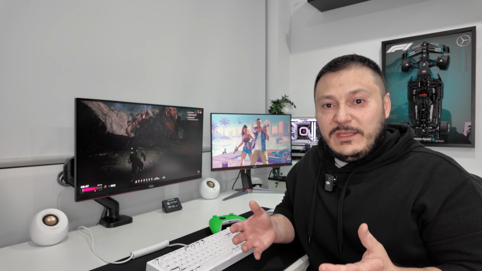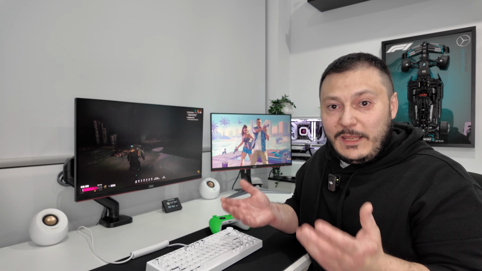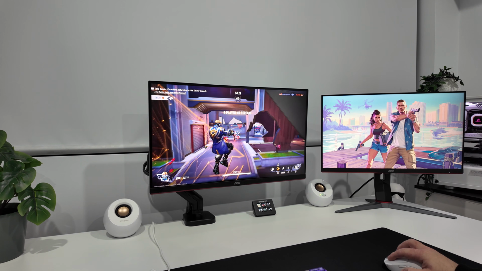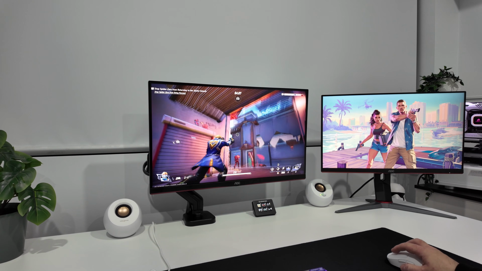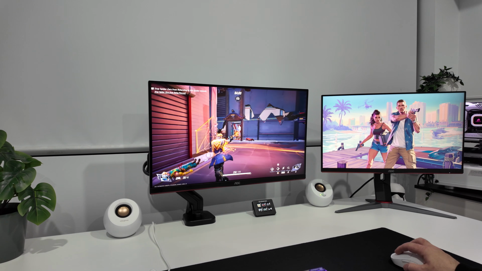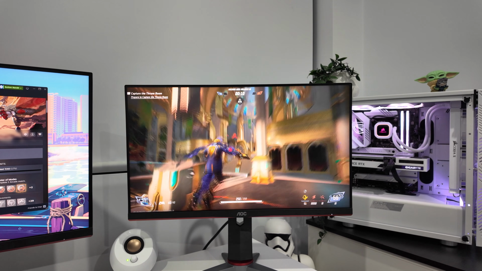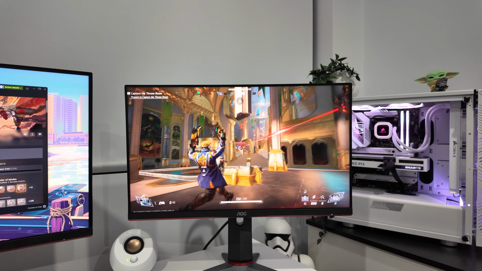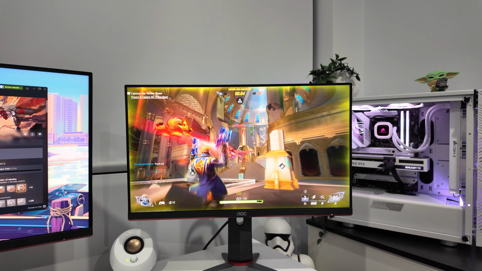In actual gaming, this translates to very different experiences depending on what you play. Marvel Rivals, which is probably the most fast-paced game that I play, feels responsive and clean on the IPS panel. When I'm tracking players or quickly moving around, everything stays pretty sharp. The same gameplay on the VA monitor feels noticeably different. Now, look, it's not terrible, but once you've experienced the cleaner motion of IPS, the VA panel feels sluggish in